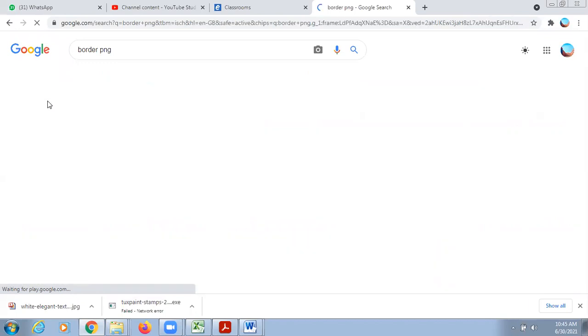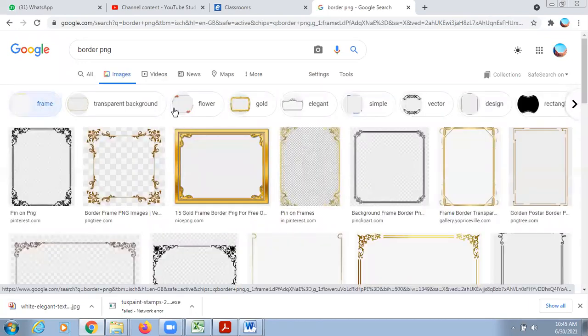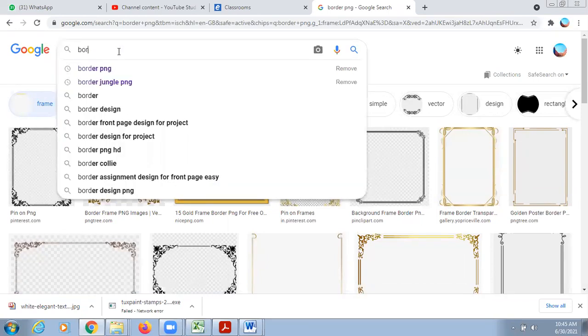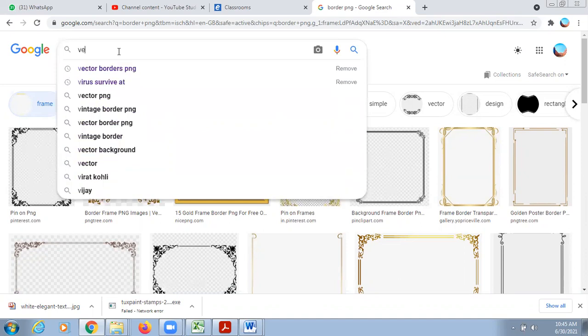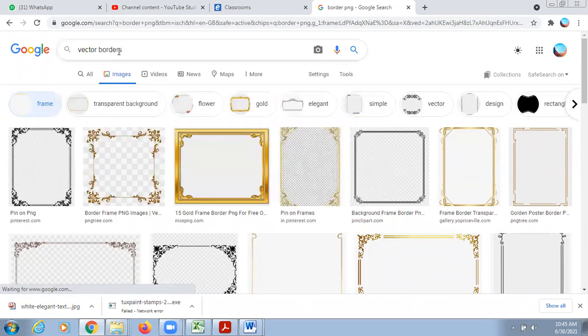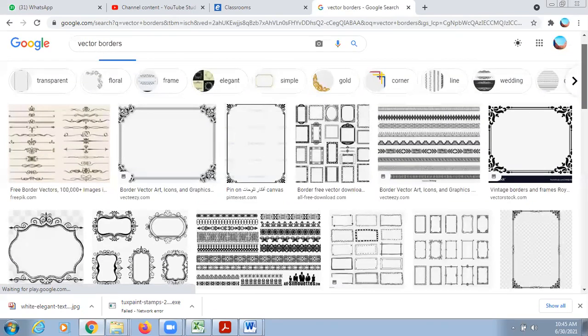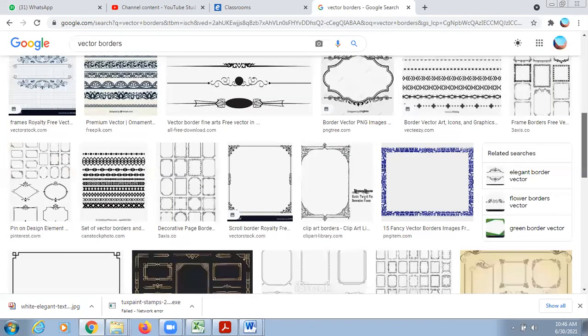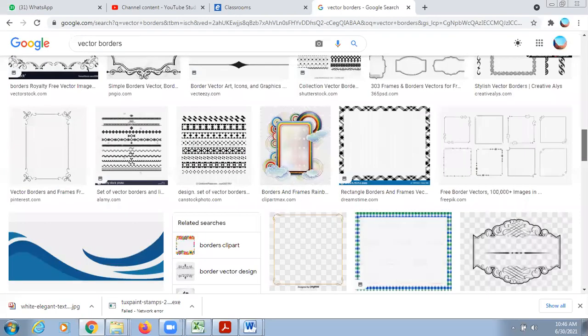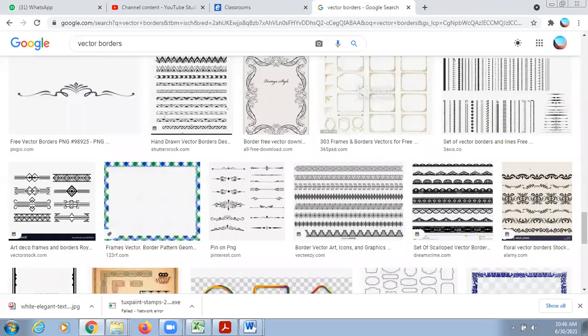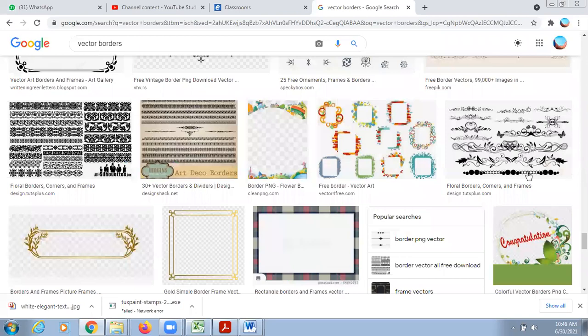So we can search for frames. No, we don't want to use these types of frames.